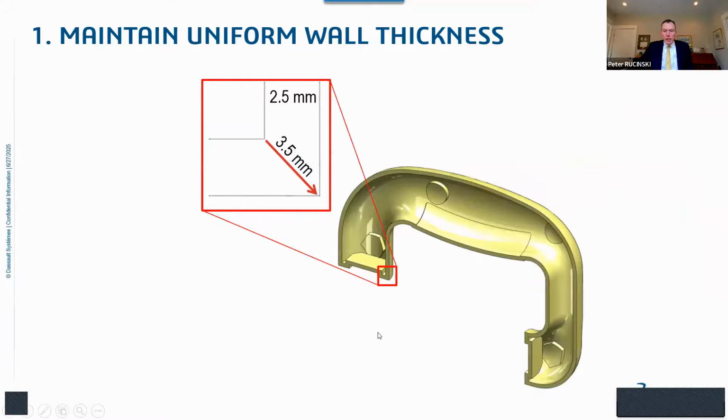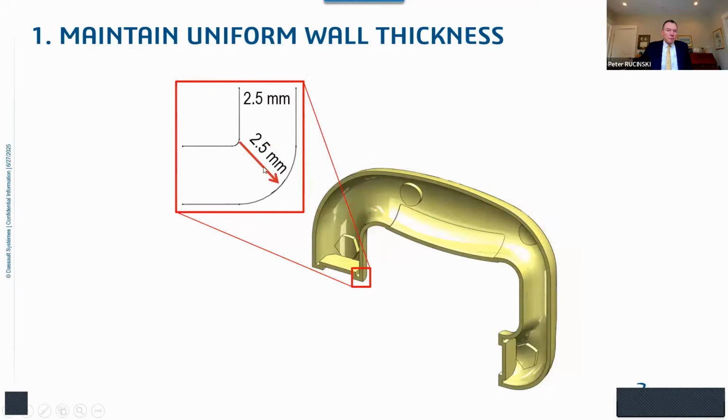In this very simple example, our nominal wall thickness is 2.5 millimeters. The way this part is initially designed with these sharp corners, we wind up with a localized increase in wall thickness that goes up to 3.5 millimeters. This is something that you want to avoid. Simple fix for that, you add radii both on the inside and the outside. You break the sharp corner, you add radii. Now you have a nominal 2.5 millimeter wall thickness throughout. So, a very simple design hint and tip, but one that can be applied to lots of different products across lots of different industries.